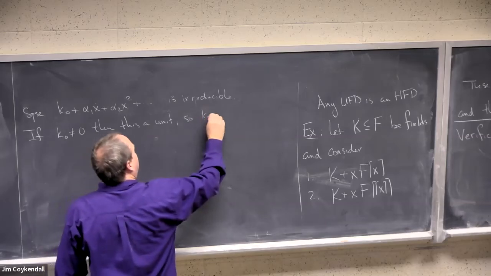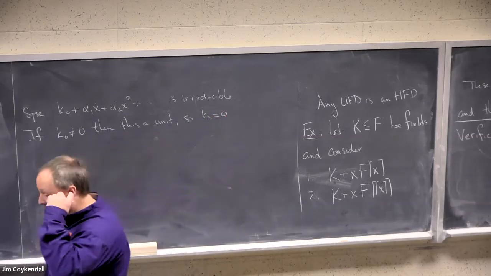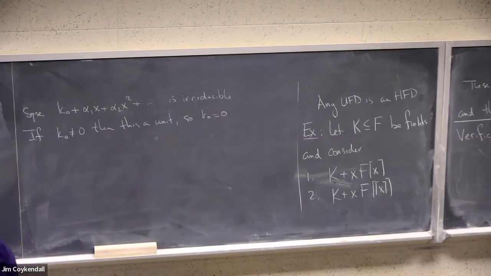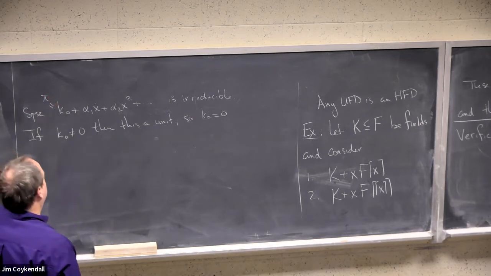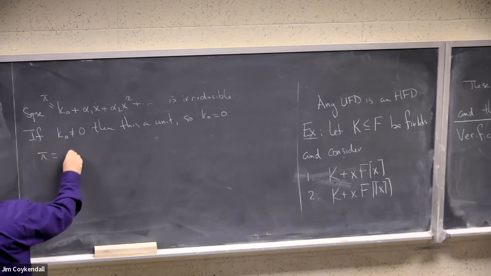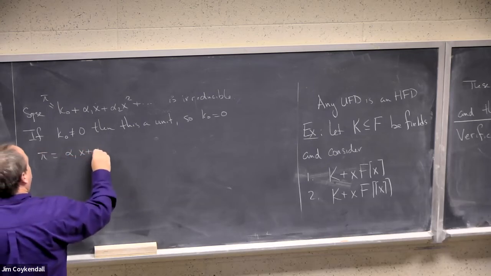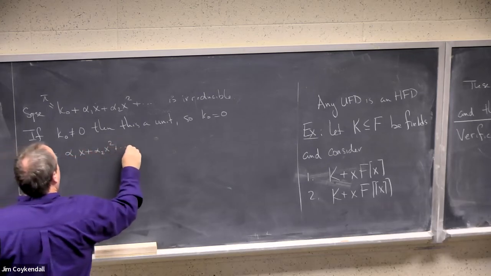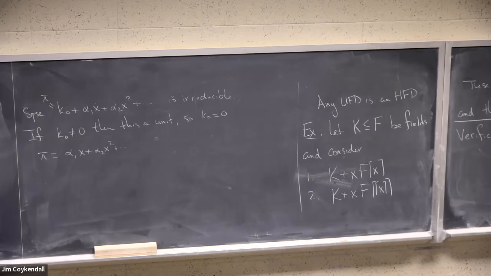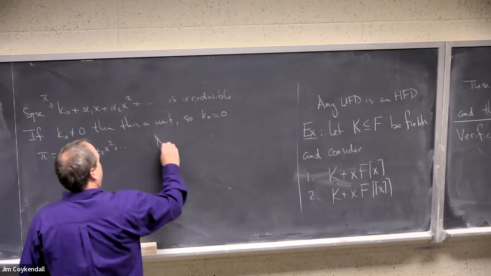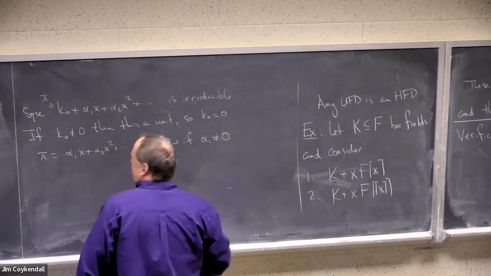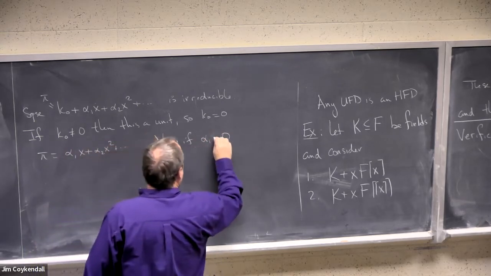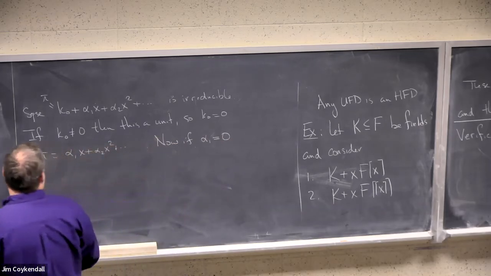So, K zero is zero, so we got that, right? And let me call this pi, so I don't have to write power series. So now pi is alpha one x plus alpha two x squared. Now, if alpha one is equal to zero, then